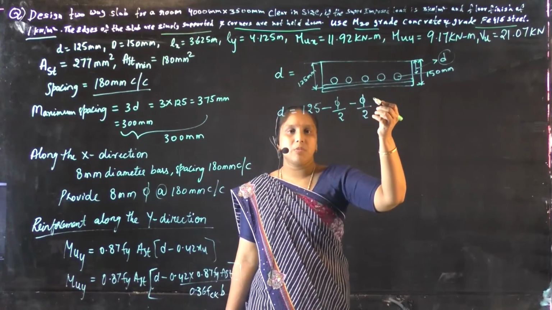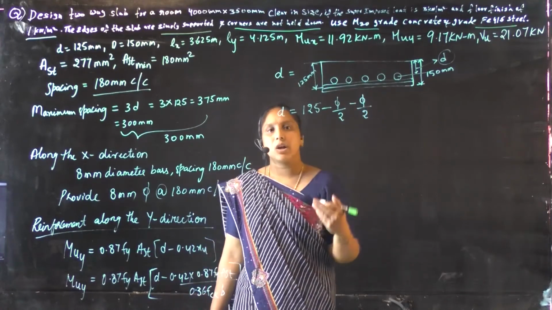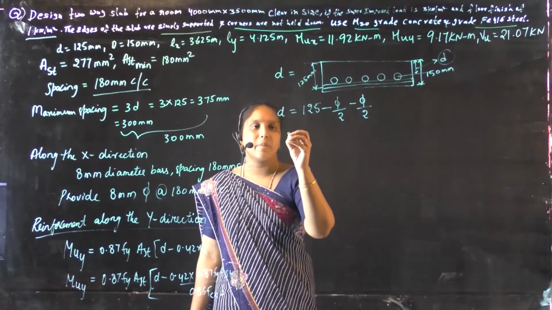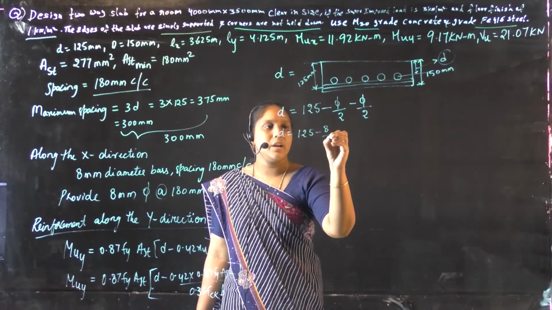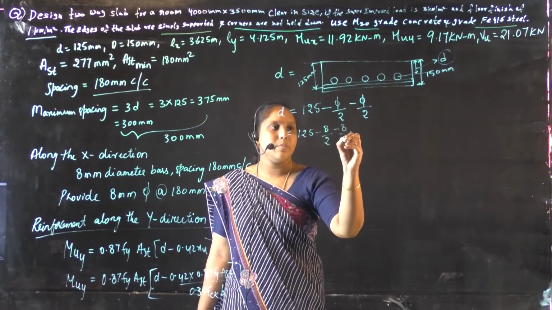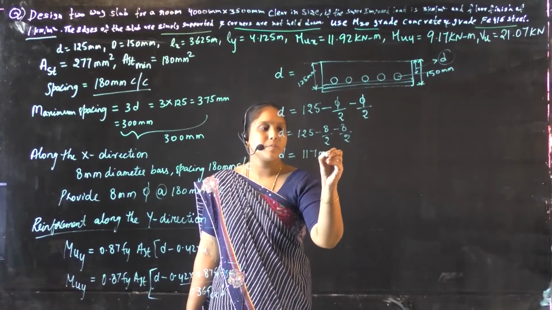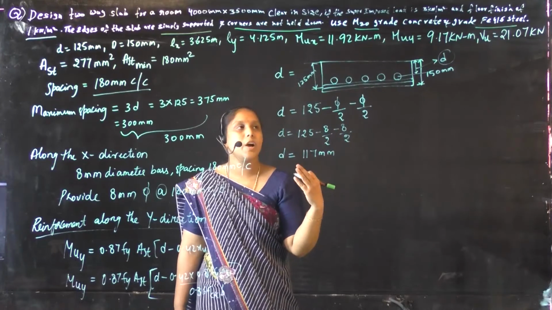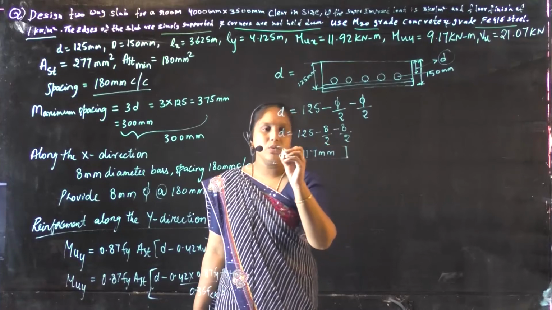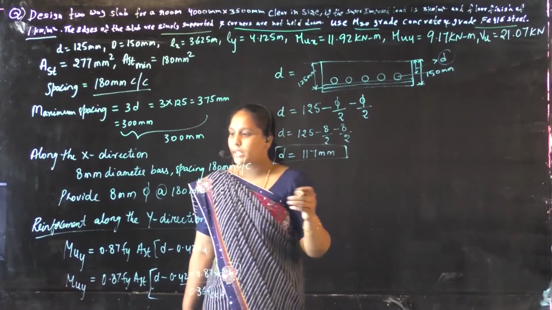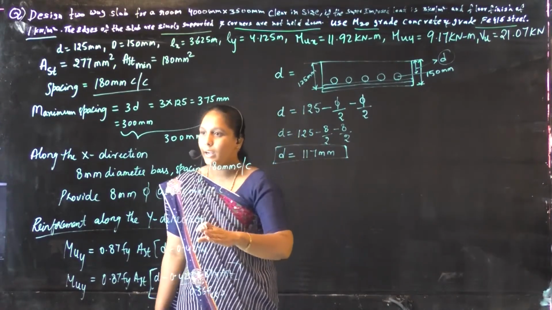So suppose here also I'll provide the 8 mm diameter bars. So here I have already provided the 8 mm dia bars. Here also if the dia of the bars what I am providing is 8 mm, then how much will be D? D will be 125 minus 8 by 2 minus 8 by 2, which will give you a D of 117 mm. Now what is the effective depth what you have to provide here? It is 117 mm. By using this value we have to calculate the reinforcement, that is the area of steel which has to be provided in the Y direction.